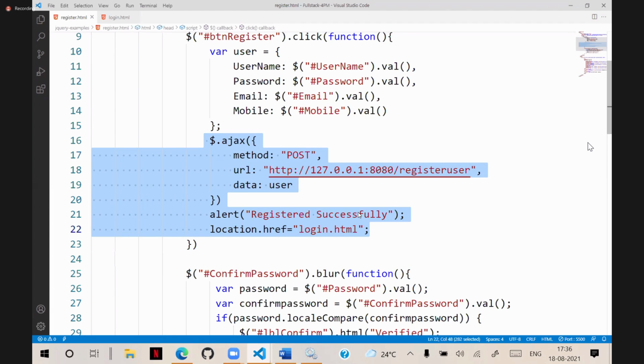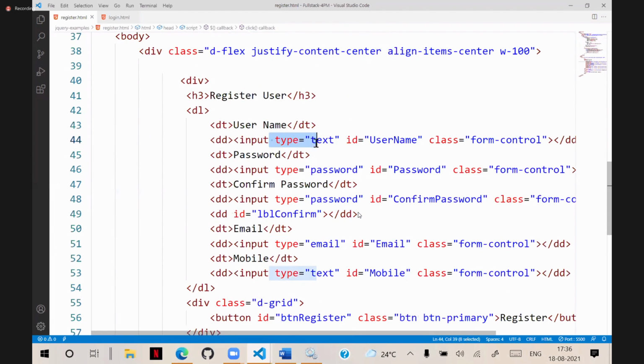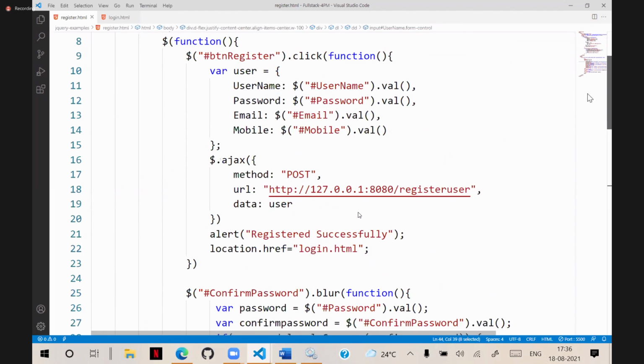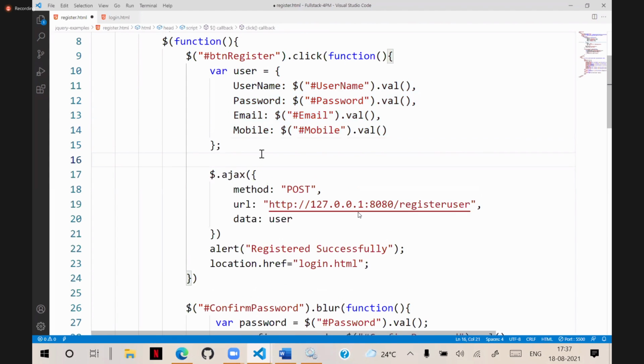Let's see. First step, for this, username is mandatory. All fields are mandatory. So we will write a logic here. Here user is the variable, where you are collecting username, password, email, and mobile from these text boxes. Now I will write a condition here.